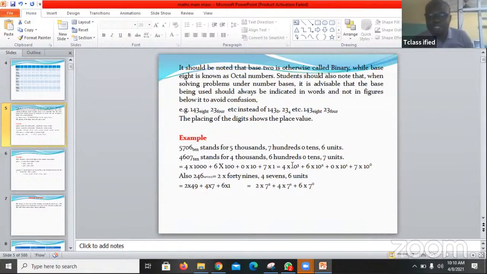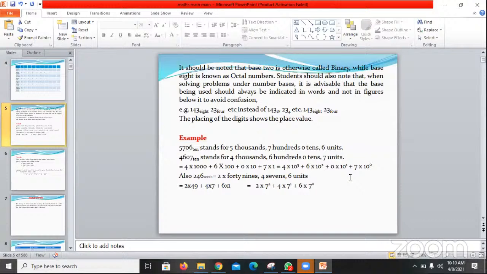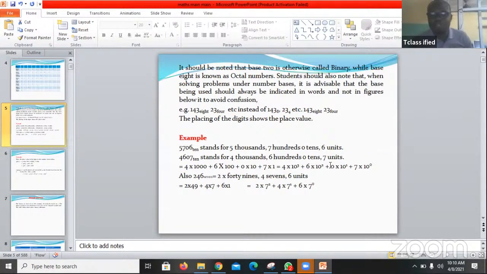So if you put this in another form, 1,000 is the same thing as saying 10 to power 3. 100 is the same thing as saying 10 to power 2. 10 is the same thing as saying 10 to power 1. And 1 is the same thing as saying 10 to power 0. So this is another way of representing a base number. It simply tells you that any number that you have and it's in base 10, that you simply say 10